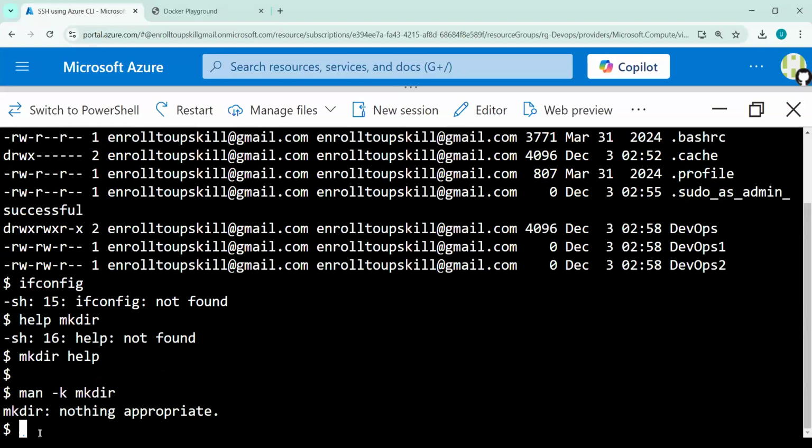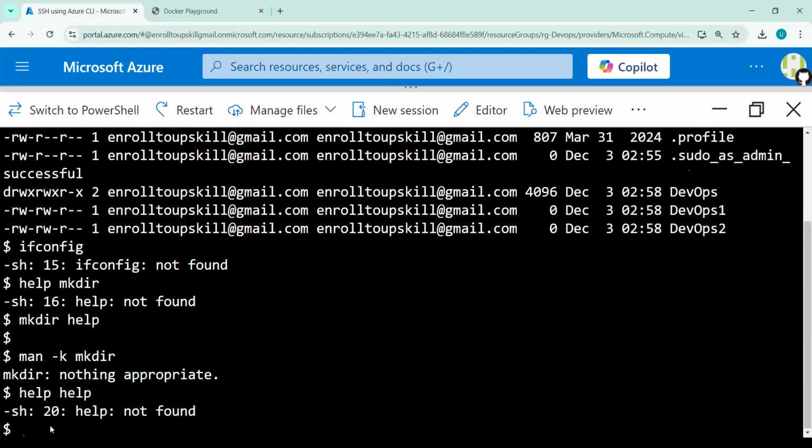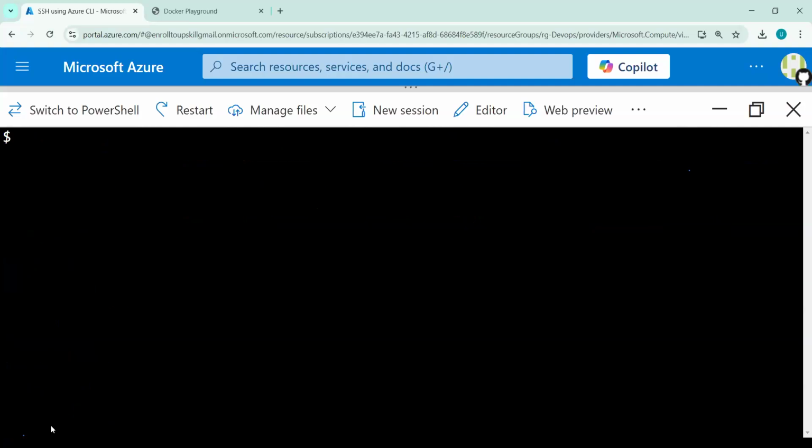Nothing appropriate. Okay, so here it is not showing any information. Help, help. Every Linux has a different way to access the help.